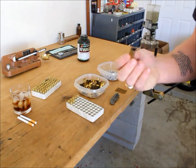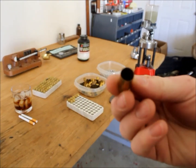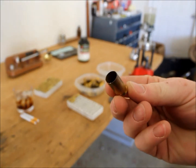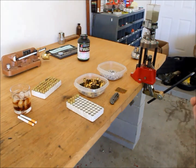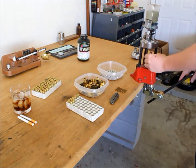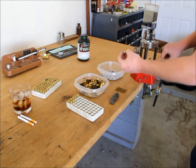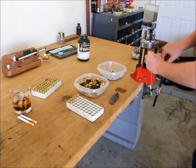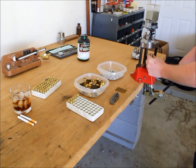So now, perfect circle. Okay. The turret press is great because it automatically rotates, makes it really fast. Insert my next bullet. Oh, I'm sorry. I skipped a step. The next step